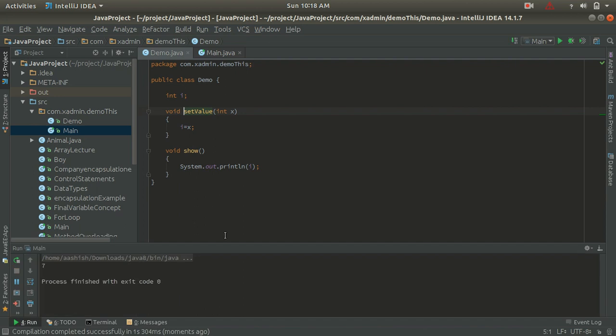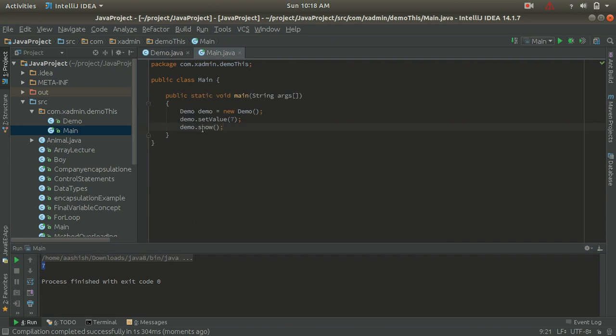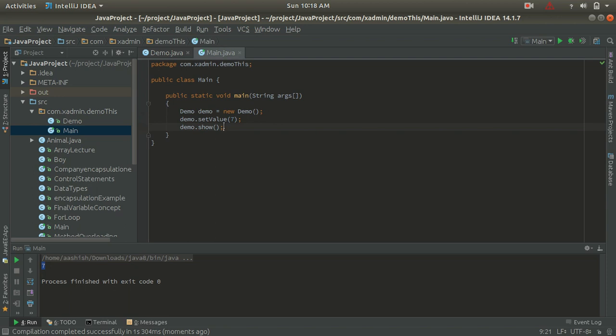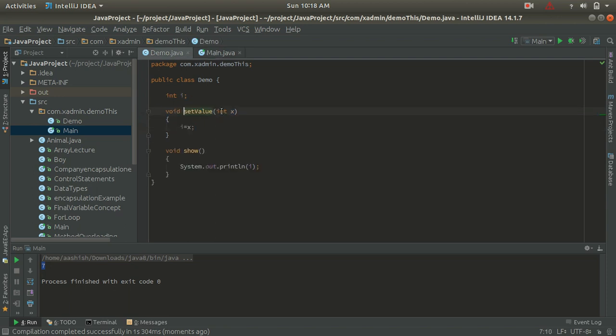So I'm compiling. We can see the output we are getting is 7, right? We are getting the output as 7 because we are setting the instance variable i with the value 7 by passing 7 to setValue, and setValue is going to set the value to the instance variable, right?